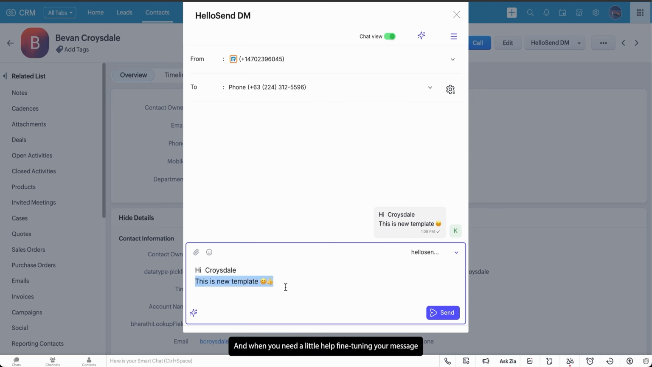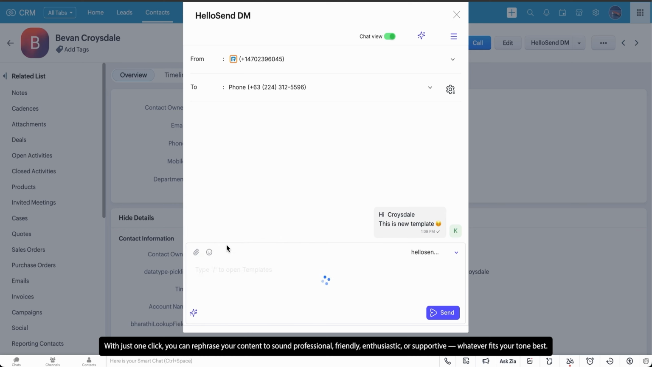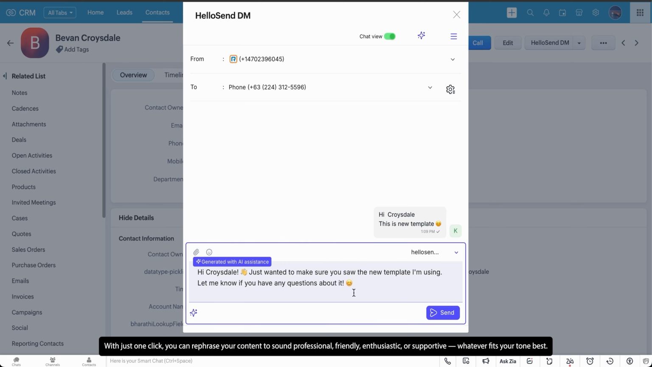And when you need a little help fine-tuning your message, our AI assistant is here to support you. With just one click, you can rephrase your content to sound professional, friendly, enthusiastic, or supportive, whatever fits your tone